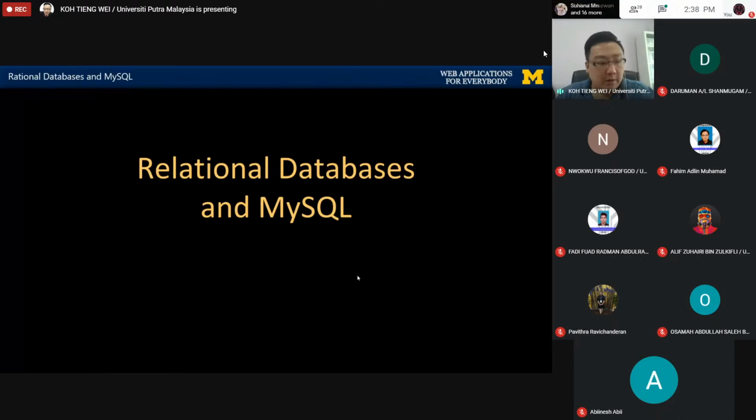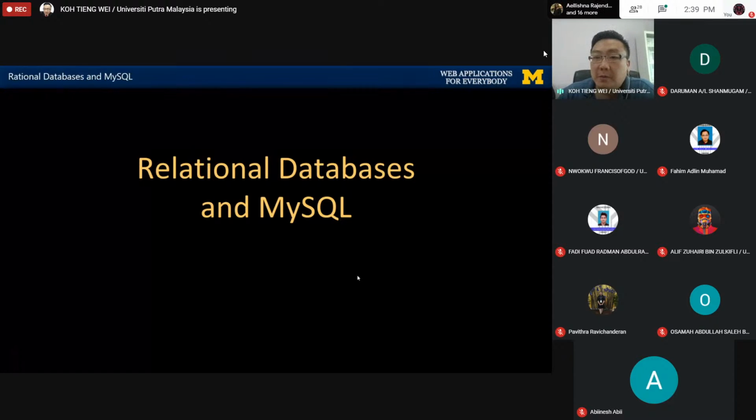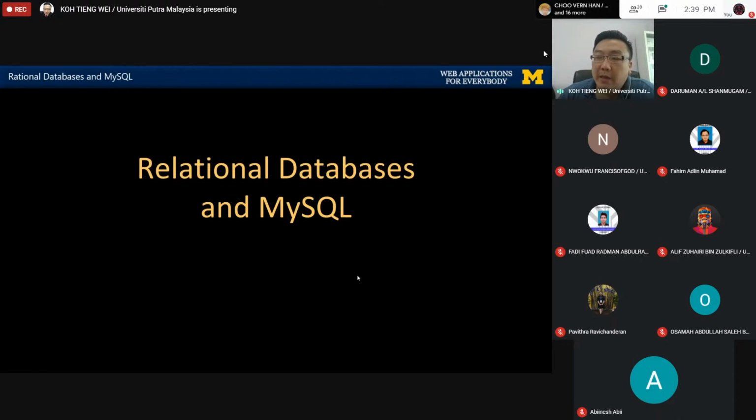Okay, today we take a look at another topic, which is SQL, right? We have done HTML, CSS, and also PHP. Now we move to the second section, which is the database segment. So I'm going to start with SQL, and in this SQL we have two sections. So today I want to cover this one, and then we have another